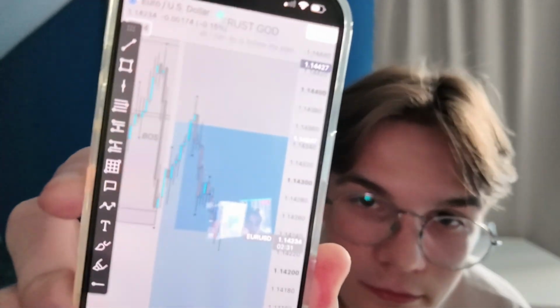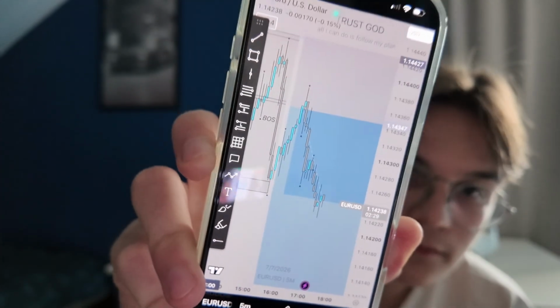And yeah, boys, this is basically all I wanted to say for this video. Let's see how the trade is still going. It's been 10 minutes, 2 more 5-minute candles. Nice. This is the first trade of the week, by the way. It's Tuesday. Yesterday we did not have any trades.